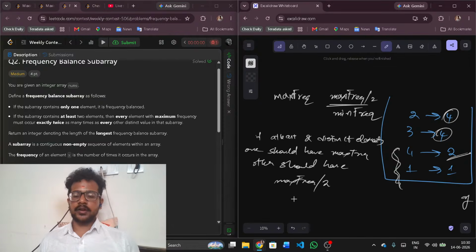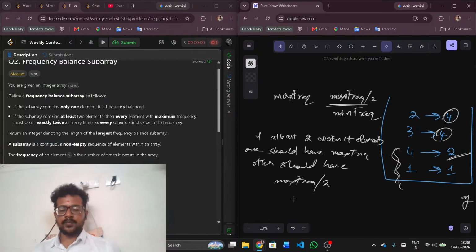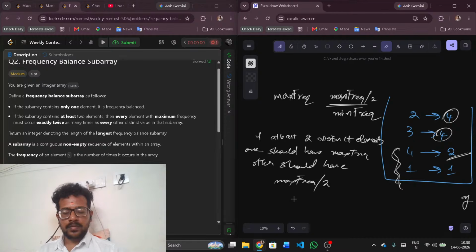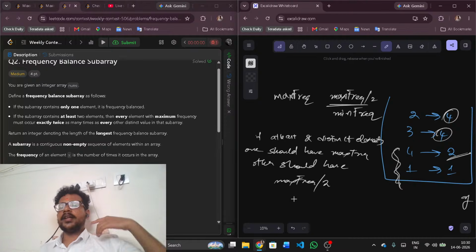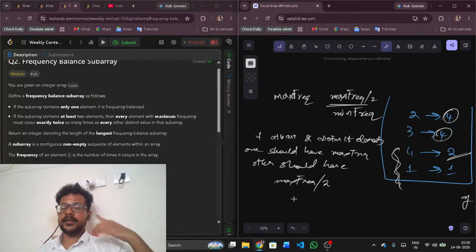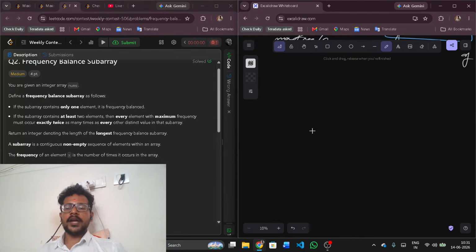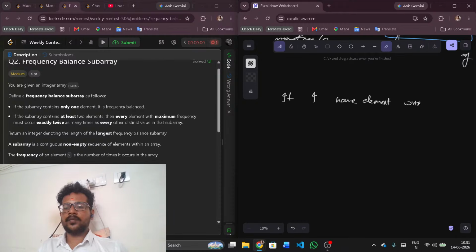I hope this is clear, right? So you are thinking about the elements again and again. Think only about the frequency. If I have maximum frequency, then all the other elements which are not having the maximum frequency should have maximum frequency by 2. If I have an element with maximum frequency, Sai, can we discuss this in the